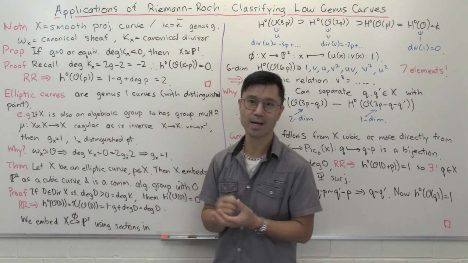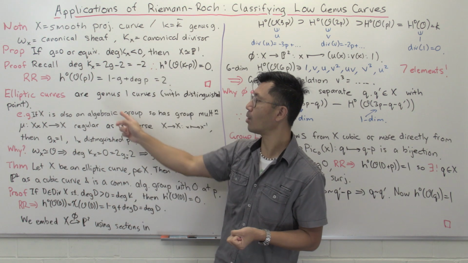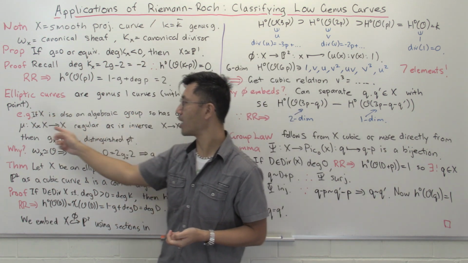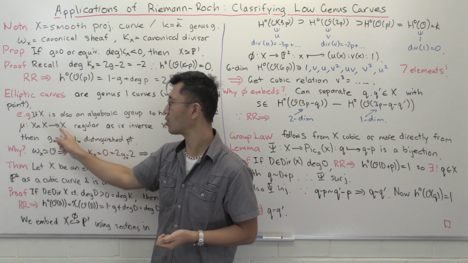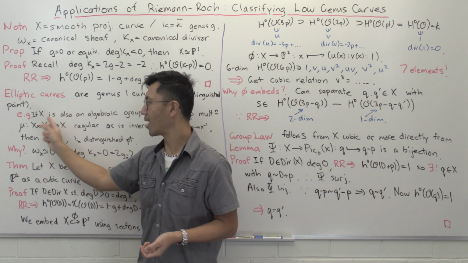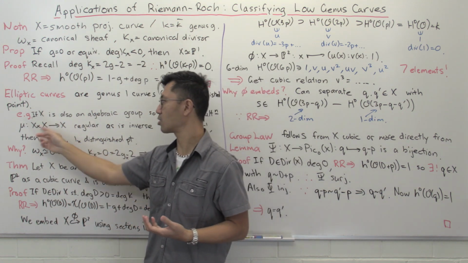Okay, so what does it mean to be an algebraic group? So that means, well, it's got to be a group. So if you look at all the k points of this X, it has a group multiplication. So you can map from X cross X to X. So this is going to be a group multiplication. So it satisfies the group axioms such as associativity